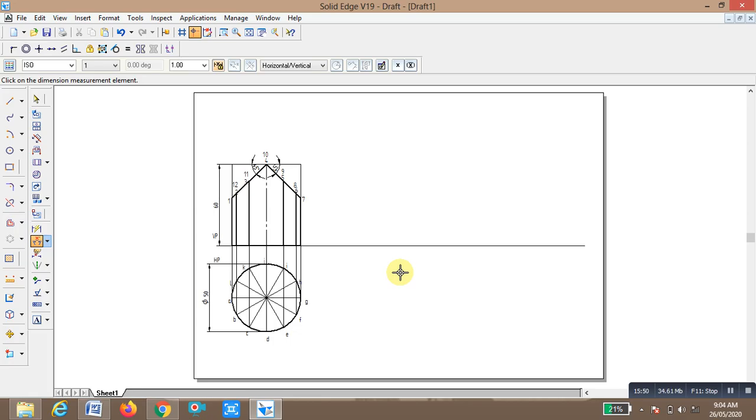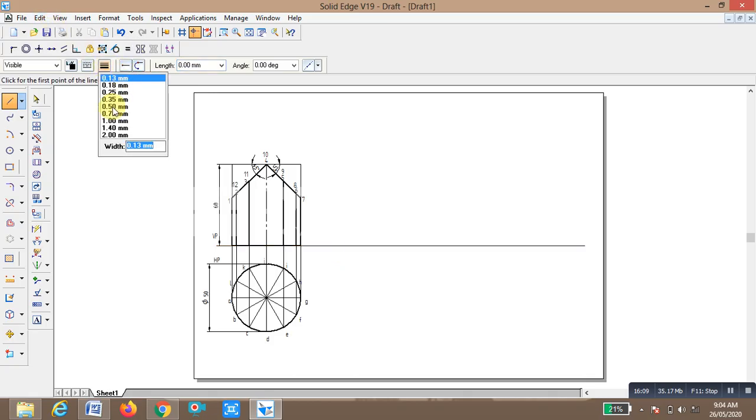Multiplying these two values we get 157.08. Select line, and this line thickness we take as 0.5 of the base. So here I am going to draw the length of 157.08, enter, 0 degree, enter.